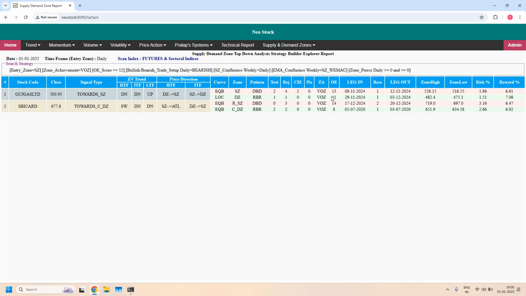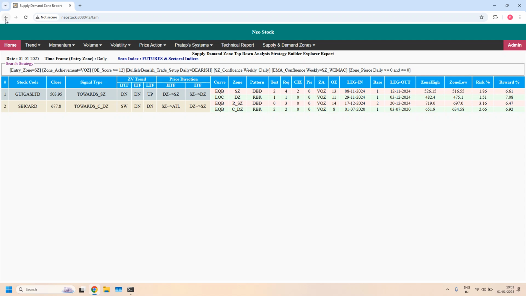Maybe that is the reason why, see, this stock is already tested 2 times. That means in the past they already gave you the trade opportunities. And even SBI Card has also given 3 tests. Okay. Next